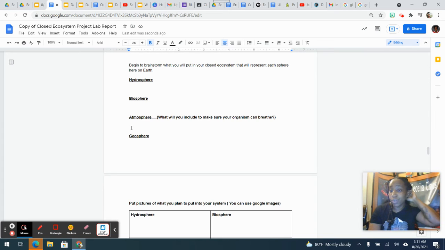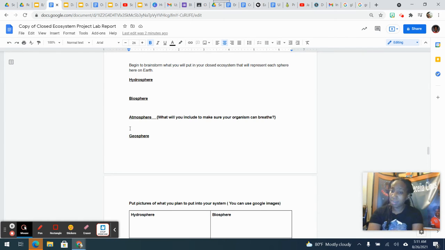Okay, so you need to make sure that whatever plants you put in there, they have the roots and they're growing. They need to be growing and thriving. So you can start now. If you want, some students I've had have created their systems from grass seeds. So they started growing their own grass seeds in their systems. And if that's what you want to do, you can start doing that now. Grass seeds are fairly cheap and you can get what you need.